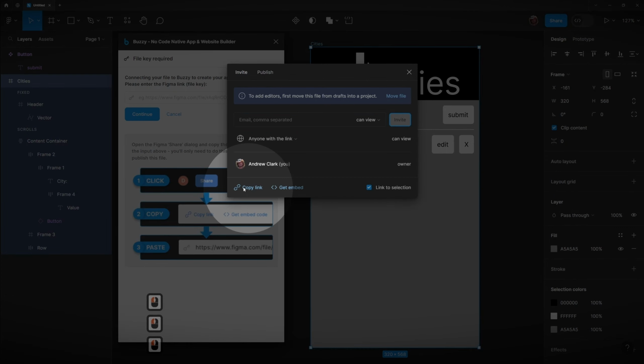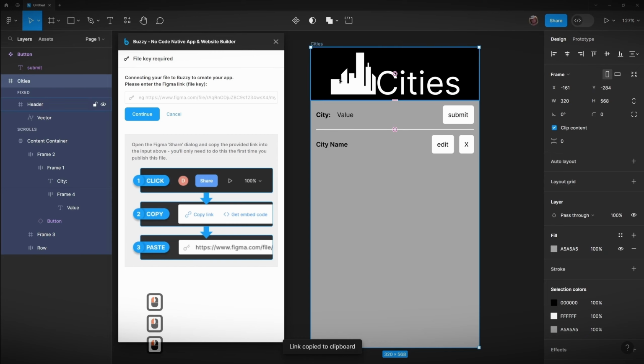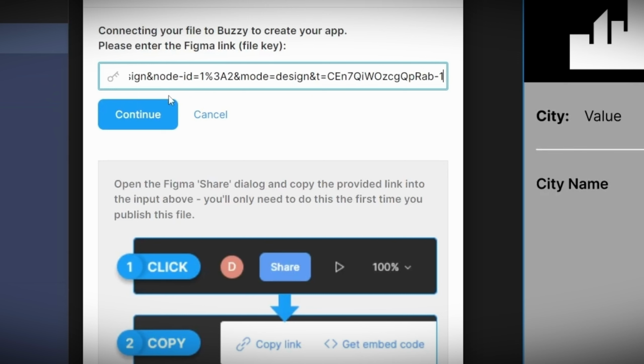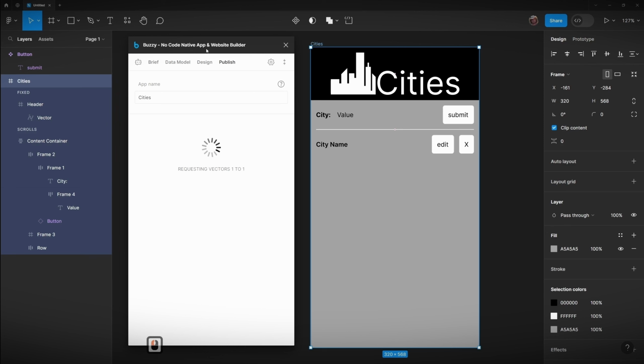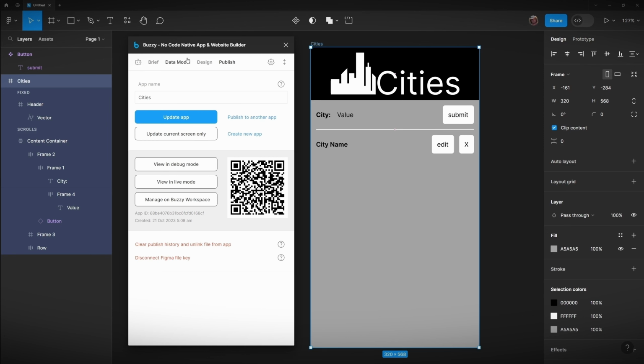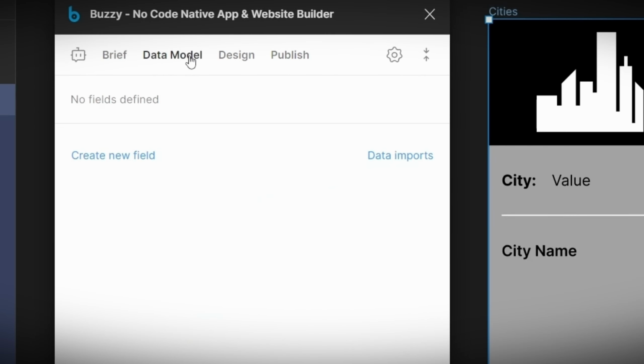Click Copy Link and close the dialog box that opened. Now paste the copied link into the Buzzy plugin and click the blue Continue button. Buzzy is now working its magic and is in the process of publishing this app. Before viewing what we have done thus far, let's go into the Data Model tab in Buzzy and start creating